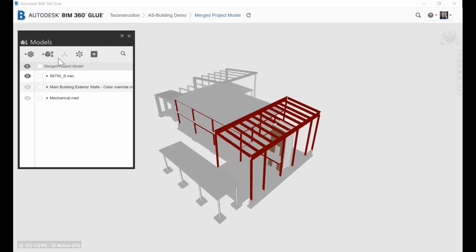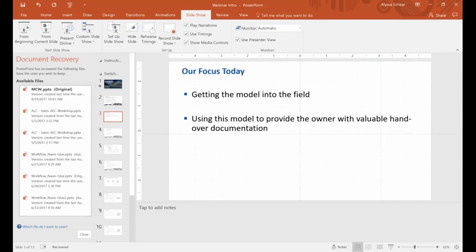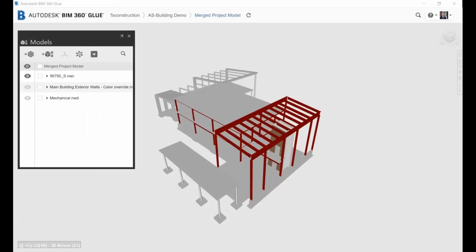If we look at the different views that we have in this model, if I can get that screen to show up. So if we looked at this model, we would see that the views that come out of the architectural model are pretty basic. They tend to be just related to what the design team needed. So maybe 3D view Johnny or 3D view Mr. Rogers. So they aren't super useful for the field guys. So we can create views